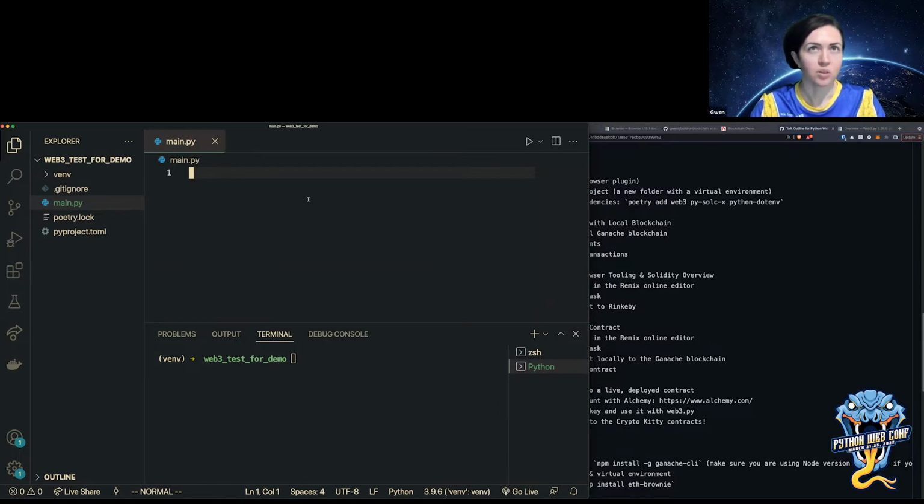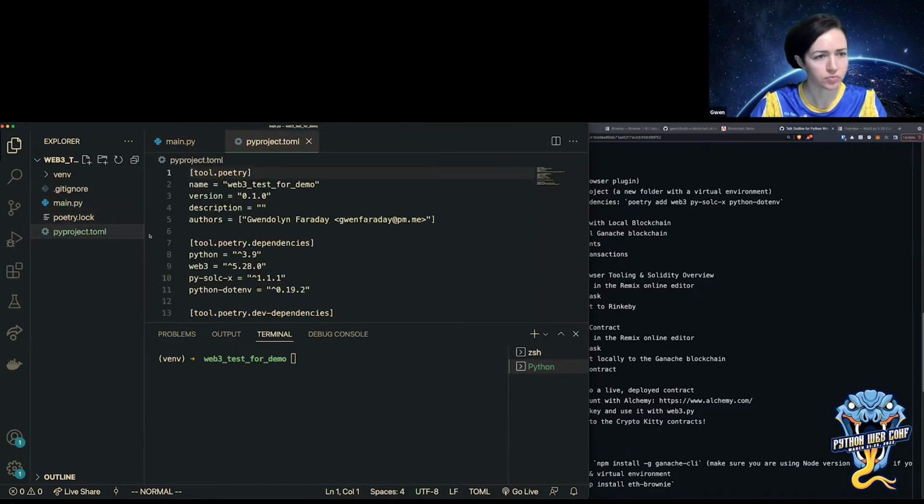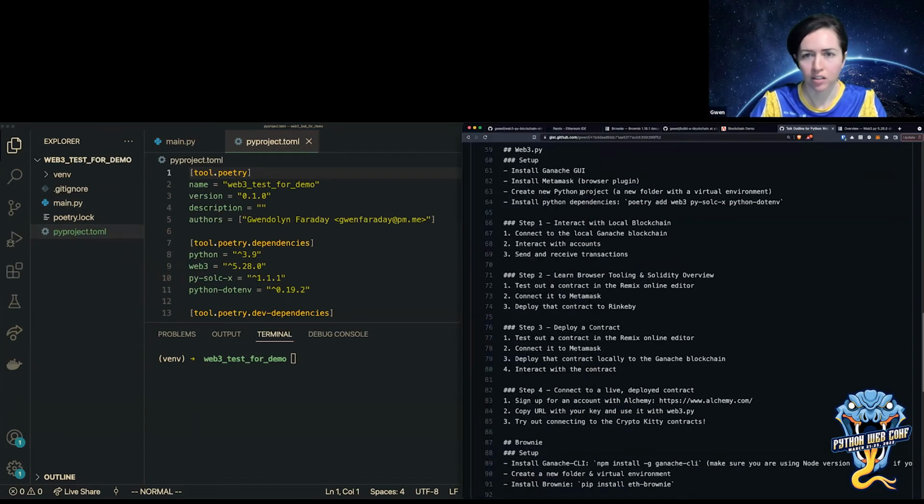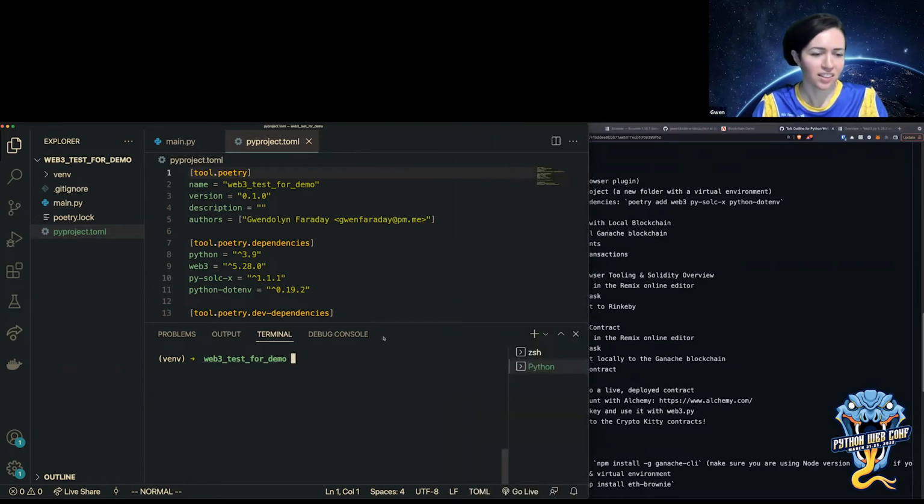I already have it installed here. I think I installed it. Yeah, so if you look here, I have installed dependencies. So poetry add web3.py. This one is a Solidity compiler, py-solc-x, and then python-dotenv, which I'm not sure if I'm going to be using, but it's there.